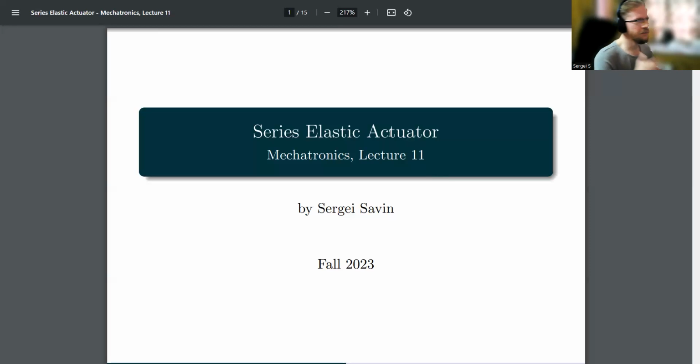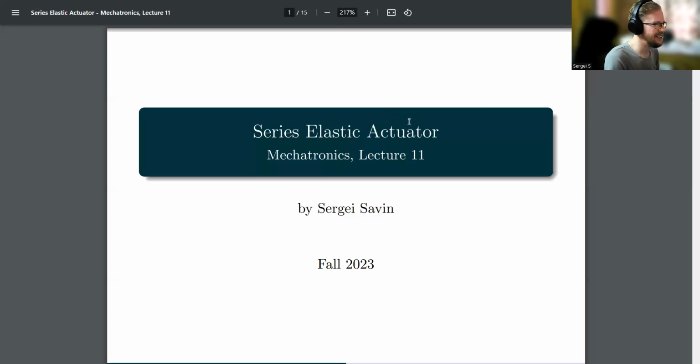Now, we sort of saw quite a few problems with those various types of transmissions, motors, etc. Now we will see one of the solutions that people provide for those problems. Right, and we will see how it ties together with our questions about transmissions, sensors, and quantization, discretization lag from the previous lecture. Okay, so